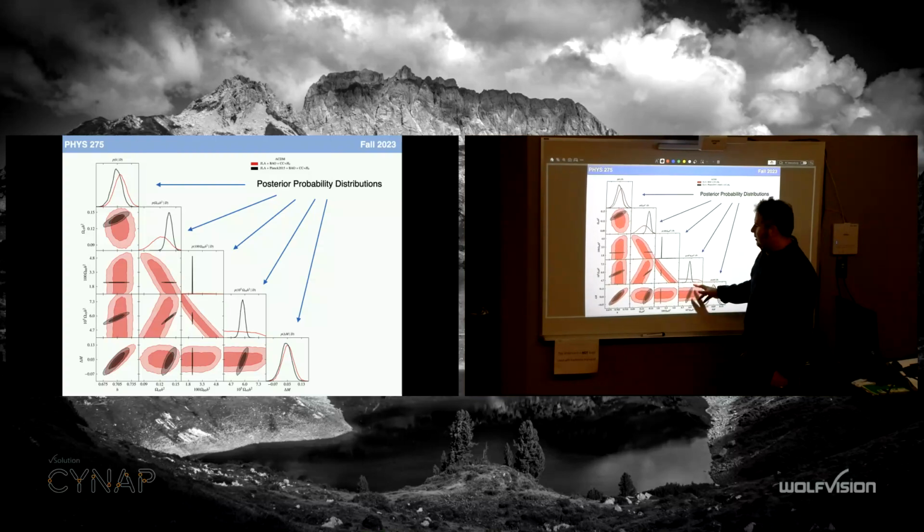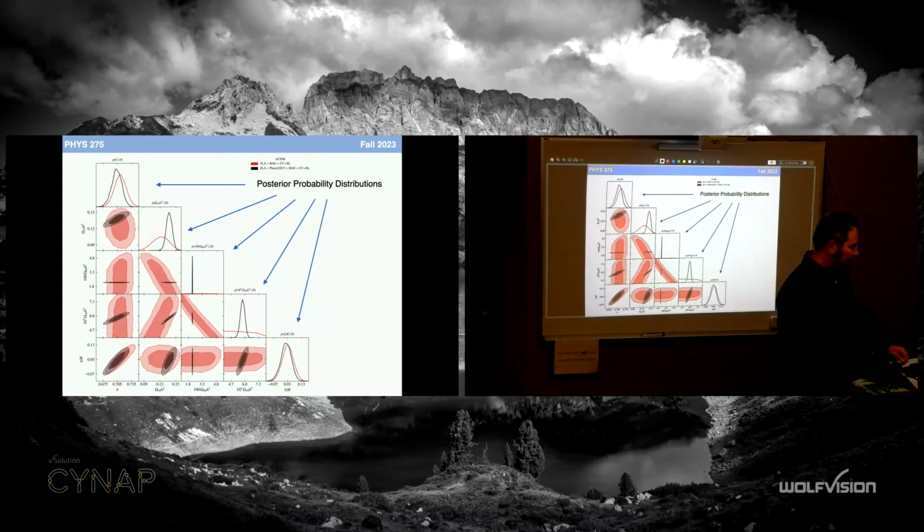So I get an asymmetric one for the red model for 10 to the 5 omega r naught h squared, whatever that is. That's a mouthful. I'm just calling that one Bob, right? So that's my model parameter Bob, and Bob is poorly constrained by red, but perfectly well constrained by black. But I can get a symmetric error bar from one model and not from the other, and I can compare them then. So those are the posterior probability distributions.